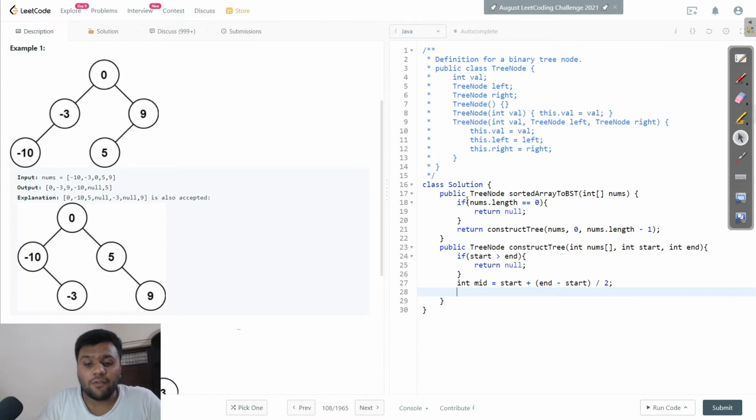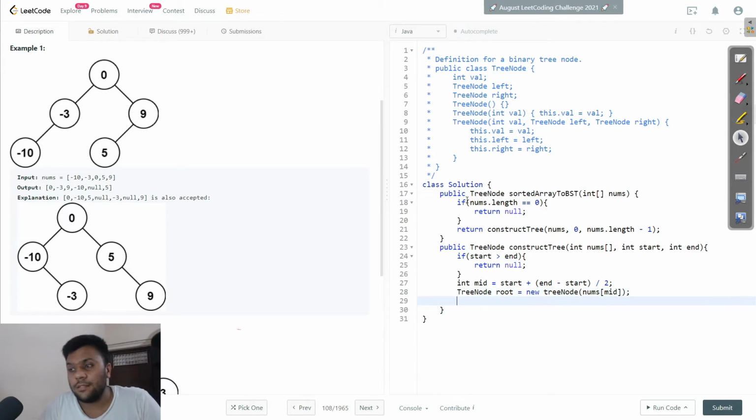Alright guys, now I will create one root node: TreeNode root equals new TreeNode of nums of mid. Things are making sense.